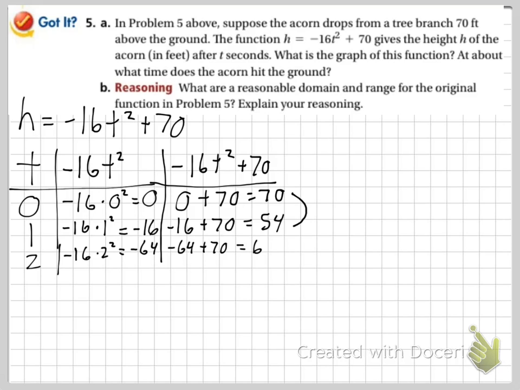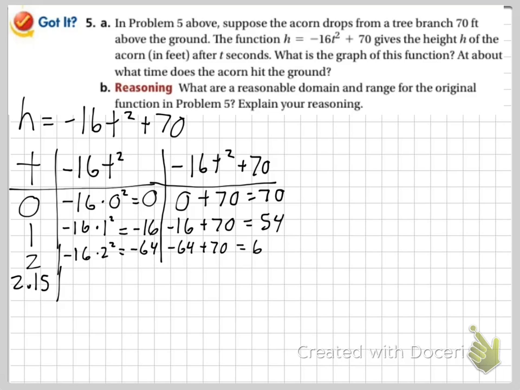Because between 0 and 1 second, we only went 16 feet. Whereas here, we dropped about 50 feet, right? So it's speeding up and it's moving faster. So I don't need to jump to 3. I don't even think I need to jump to 2.5. I don't know that I even need to jump to 2.25. Why don't we check out